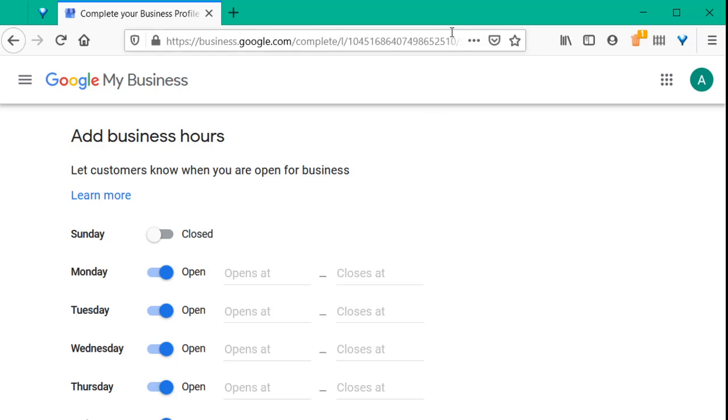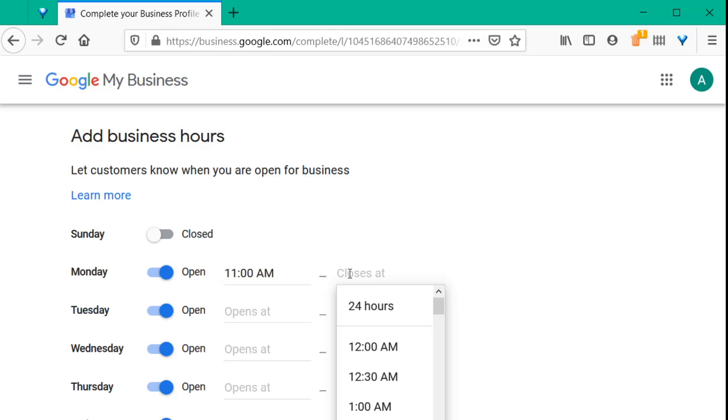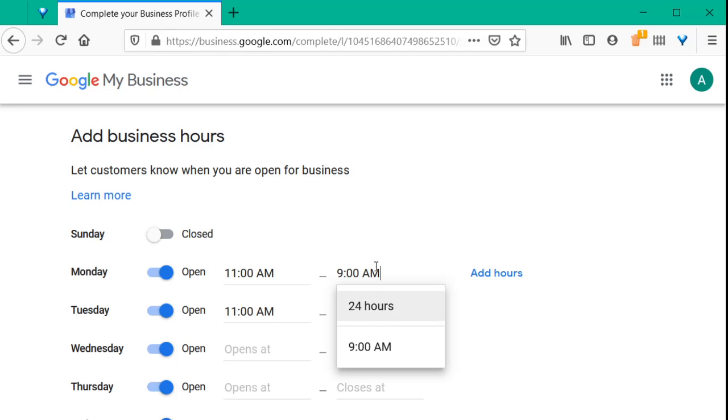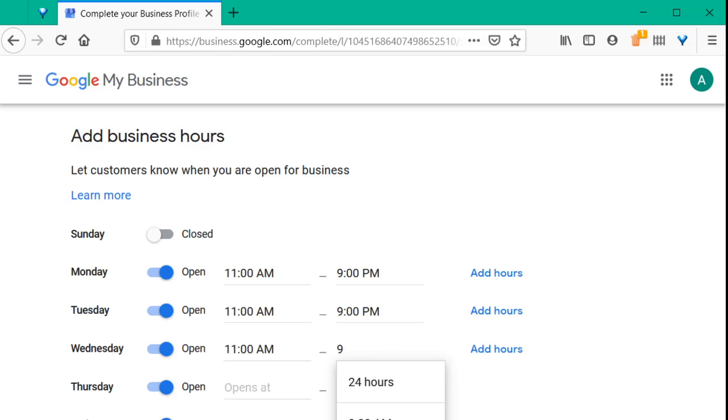You can also define the time when it is open, so I am defining here 11 to 9, that is 9 p.m. You can choose the timing of your business, store or location. So save it.